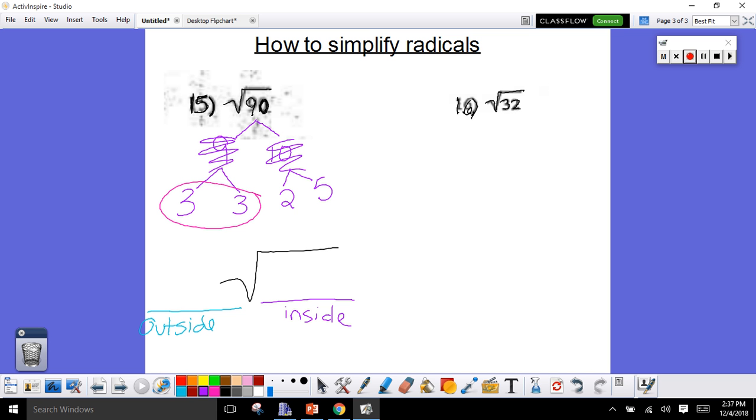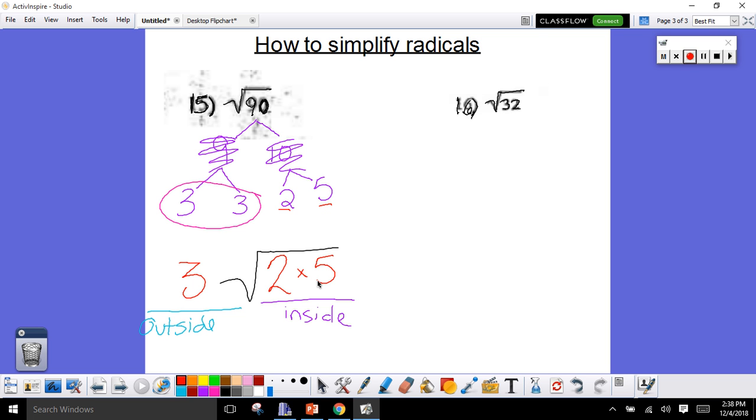So, a pair of 3 goes outside of the house. So, one pair of 3's goes outside of the house. So, I use the number 3, 1 because I have one pair of 3's. 2 and 5 do not have a pair, so they go inside of the house. So, I put a 2